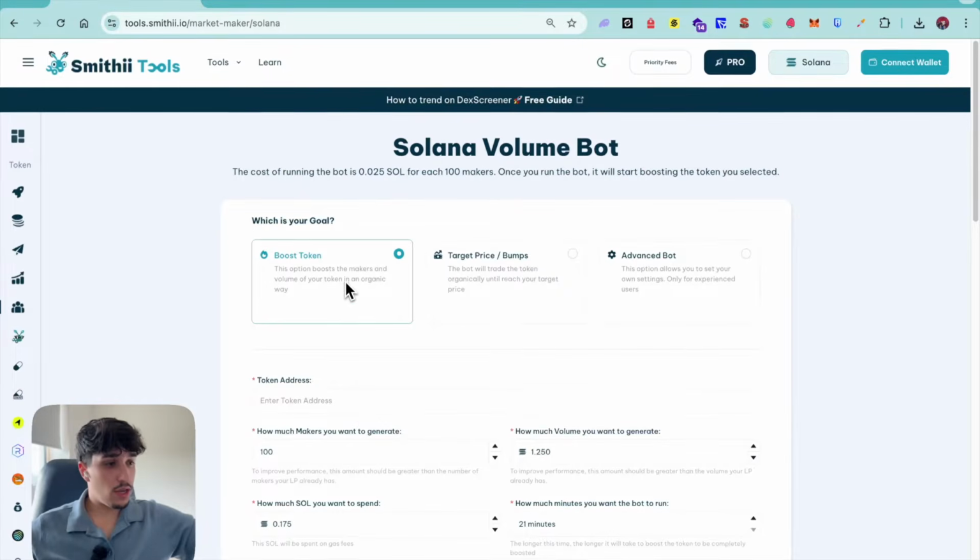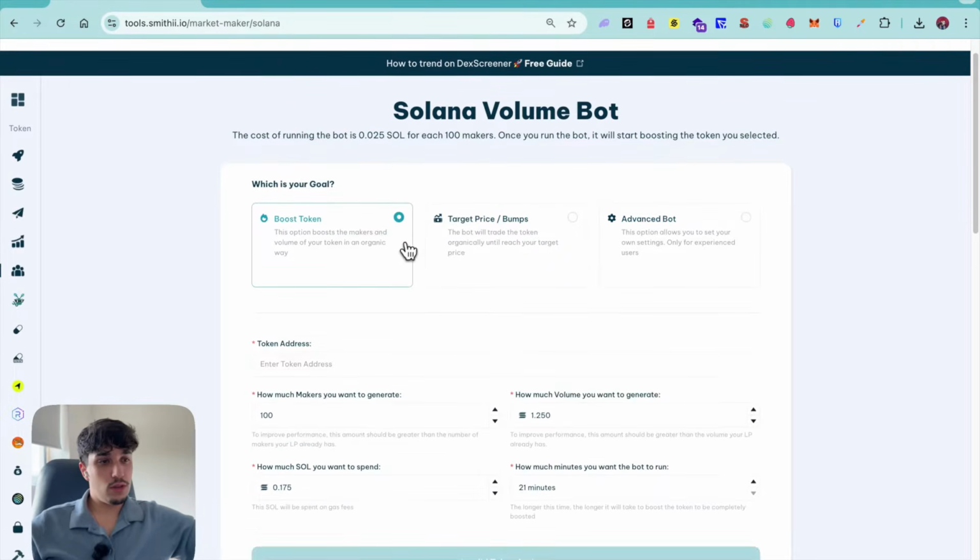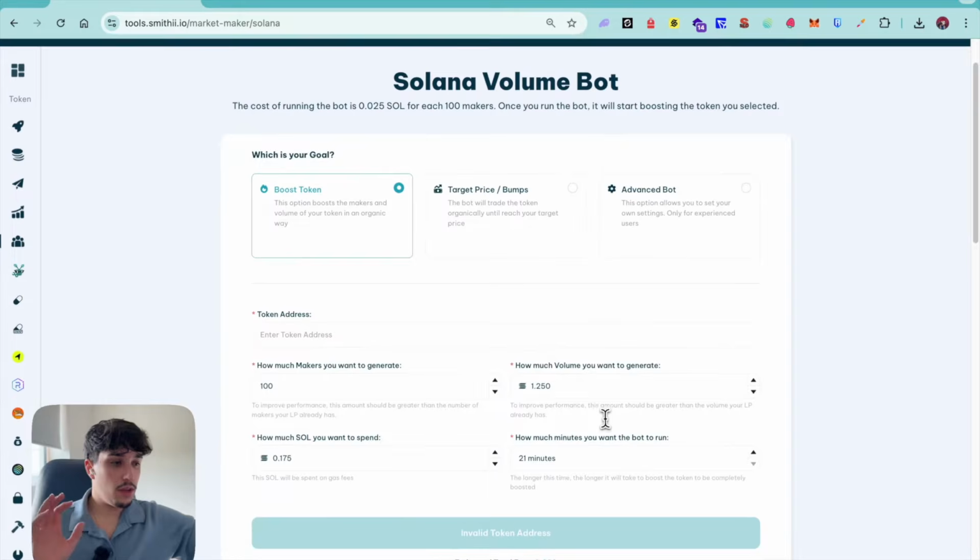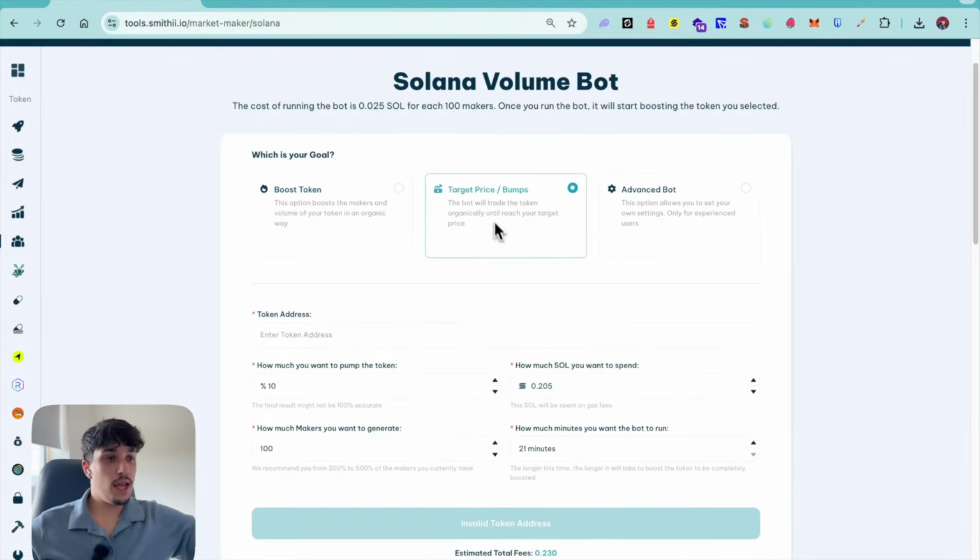We have several options here to use this volume bot. We have the boost token, which is just the simplest way to do it. You set a token address, you set how many makers you want, how much volume you want, how much sol you want to spend, and how much time you want the bot to run. You click on enter and it will run. So simple. Then you got the target price or the bumps, as we want to call it, which is quite the same,